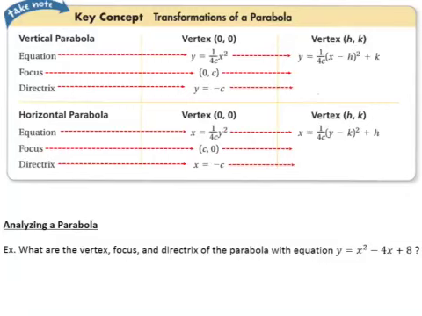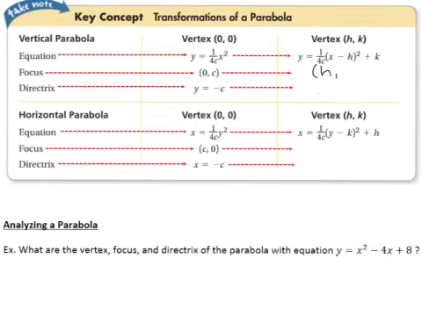0 to 1 with a vertex of h, k. For such a translation, all of our other features, the axis of symmetry, the focus, the directrix, they translate along with the parabola and its vertex. So for a vertical parabola, where our equation is in standard form, and then it changes with a vertex of h, k, our focus that was at 0, c is now going to be at